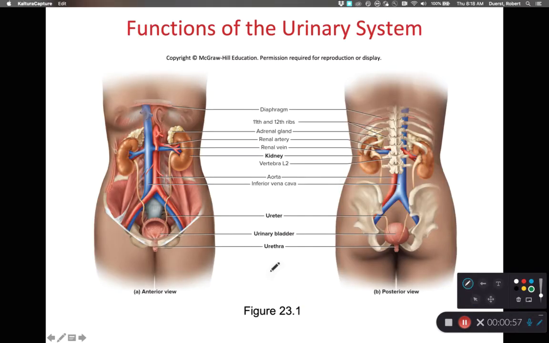So here we see a female urinary system. As we're looking at these, note how we have our kidneys, which are, well, shaped kind of like kidney beans, and those kidneys drain fluid down into the urinary bladder. And I'm saying urinary bladder because there's more than one bladder in our bodies. And then from the urinary bladder, there's a small tube called the urethra that will drain that urine out of